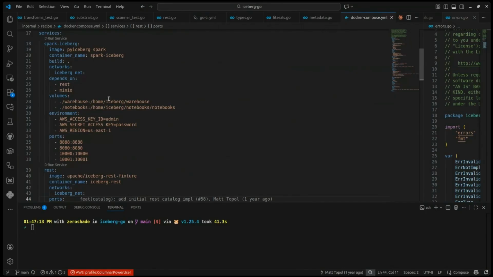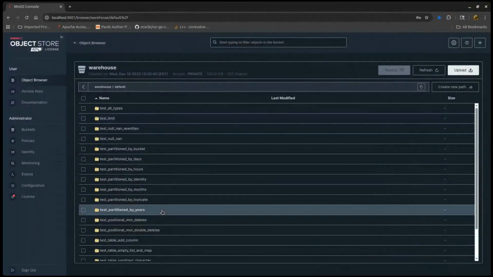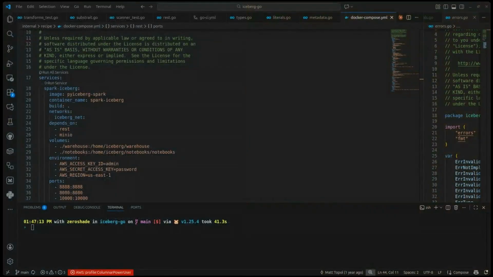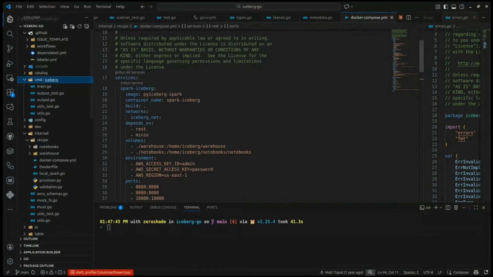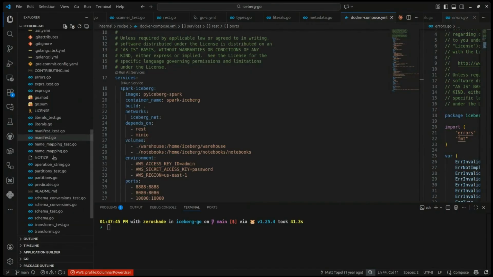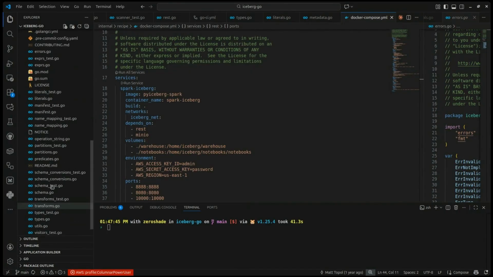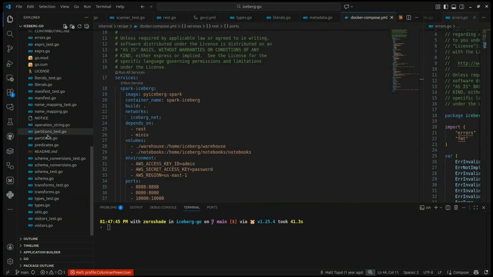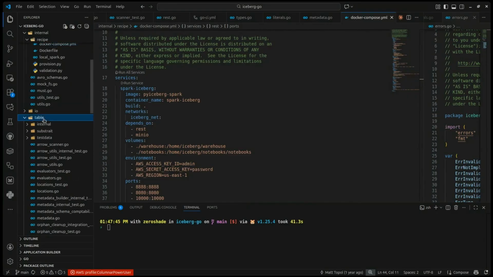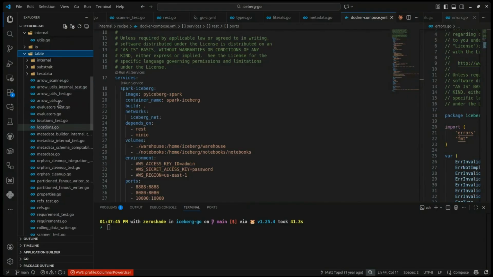And we can see here that we have all our tables, my localhost right here. We have all our tables in the MinIO storage. And so let's try playing with a scan. Let's test it out. And so if I go to the table and we go to our scanner test,